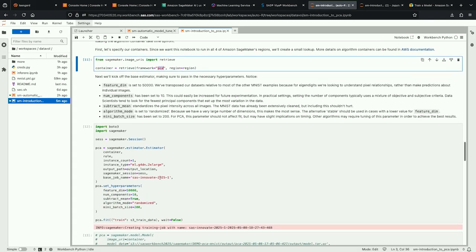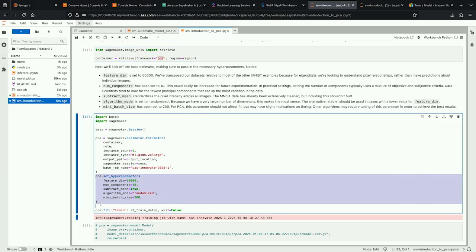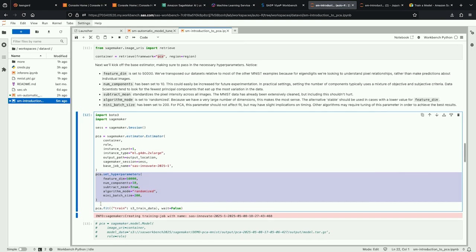And then here is an important part, because you initialize your estimator, you set your hyperparameters. Remember, if you don't know which are the best hyperparameters, you can search for them using SageMaker. You can tell SageMaker, look for the best hyperparameters that you find, and then train the model with those hyperparameters and deploy the model.